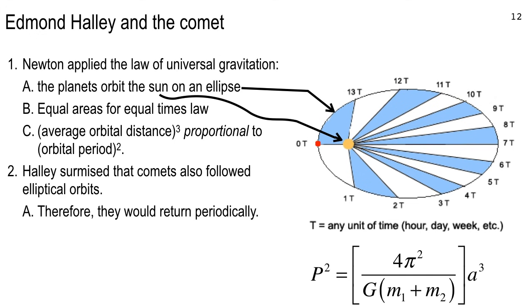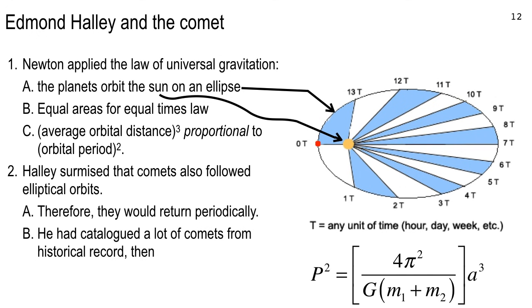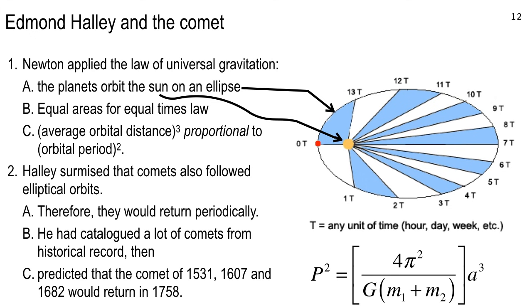So anyways, Halley's studying these things, and he thinks, these comets are going to return periodically. And he was doing it for a bunch of comets. And in those days, telescopes were new, and they hadn't cataloged all the comets that we know about today. We know about thousands of comets. But he looked at a few of them from the historical record, and he said, you know what, Sir Isaac,